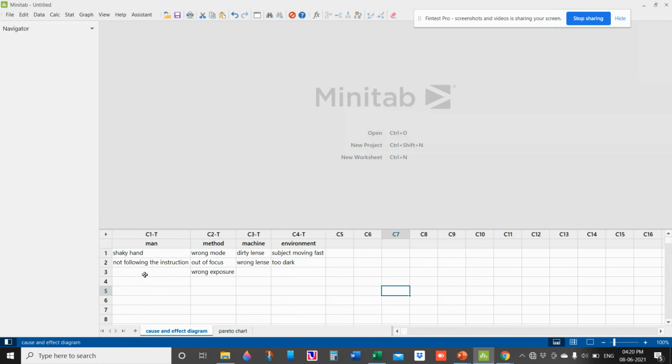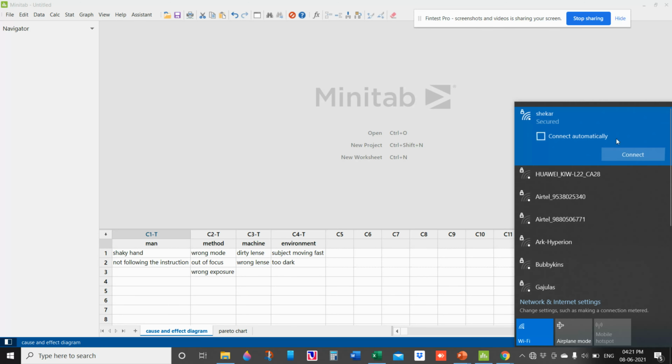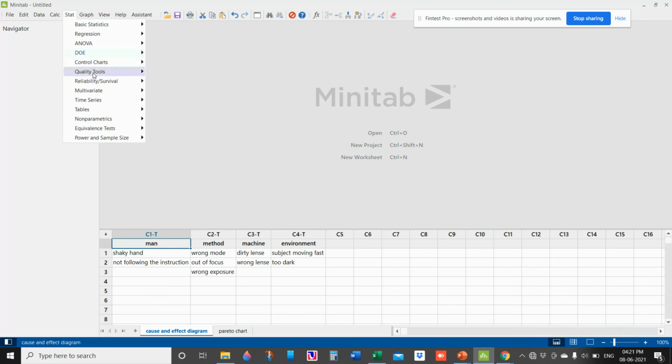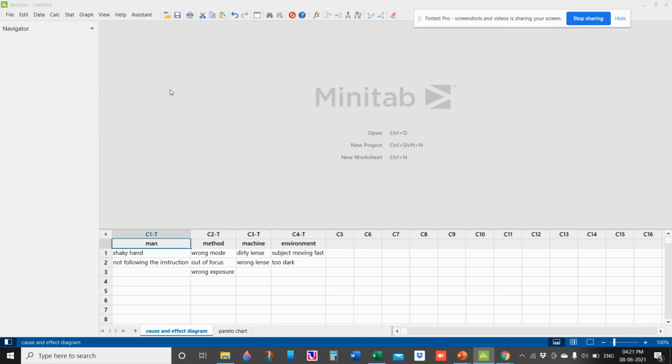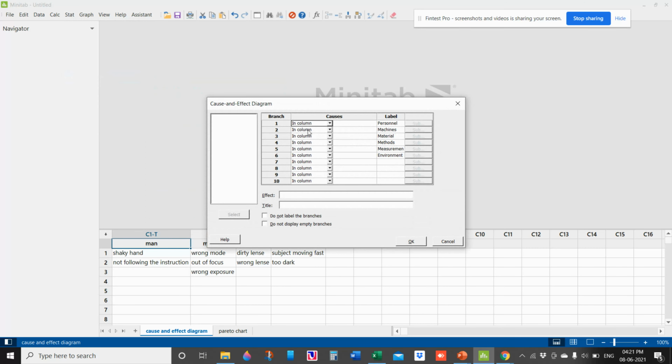So we have the data here, we have these categories, and we have the sub potential causes. Now let us create the cause and effect diagram. Go to Start, Quality Tools, Cause and Effect. Then we need to select the